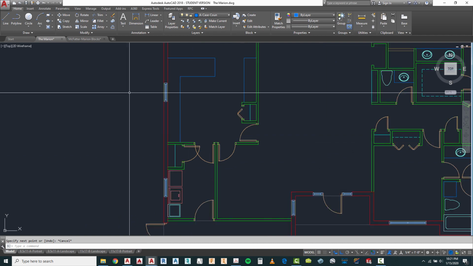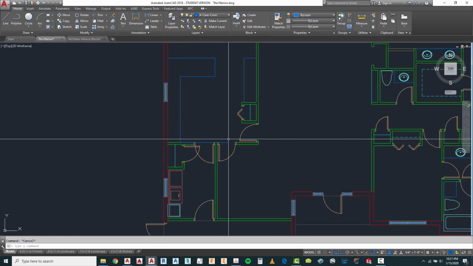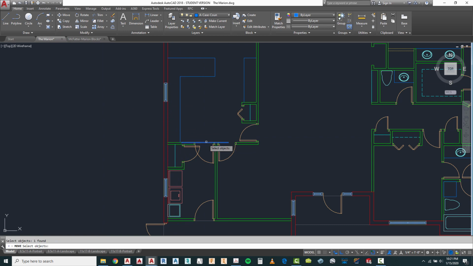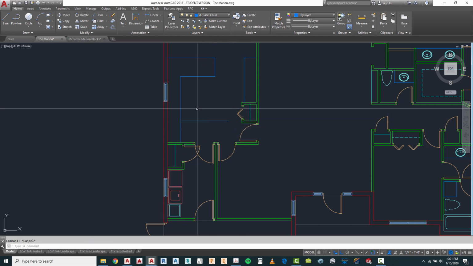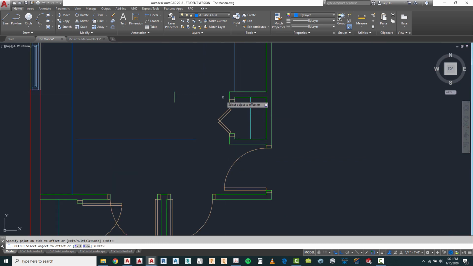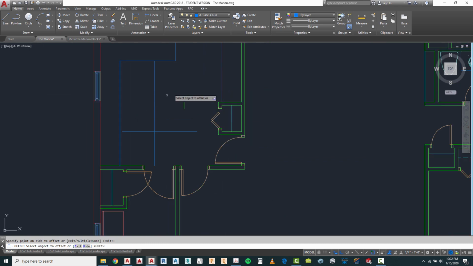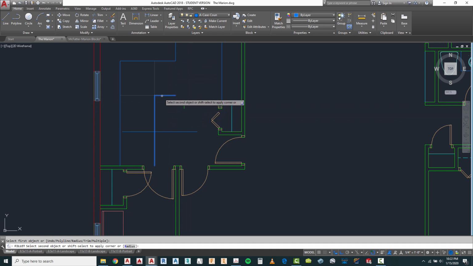When we go back to here, we know that we're going to have a line somewhere down here. And if I move that the distance that they recommend, which is 3'6", that goes in there. Now I can use the offset command, 3'6", and I can offset this line. I can offset this line, and I can offset this line. And now I can fill it,